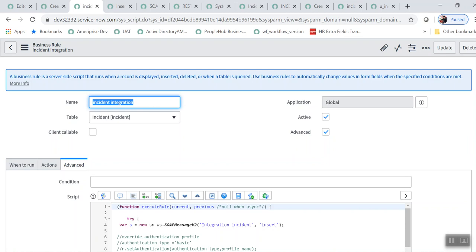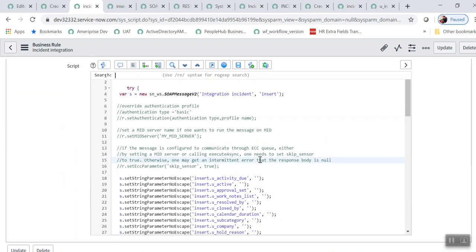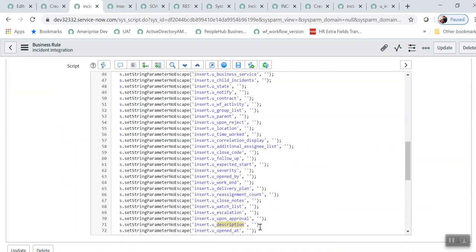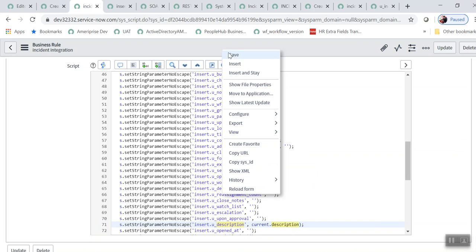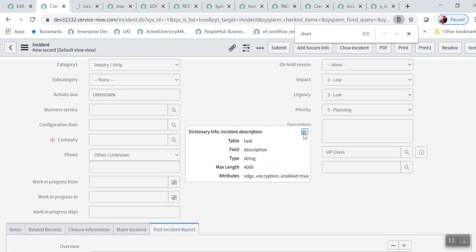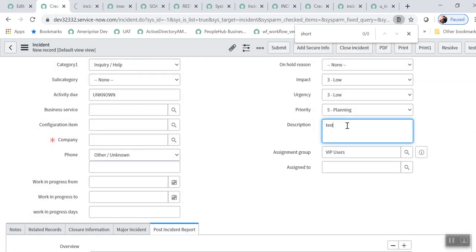So I will change it here in my script to current.description, and I will save this, and I will give here testing soft message.